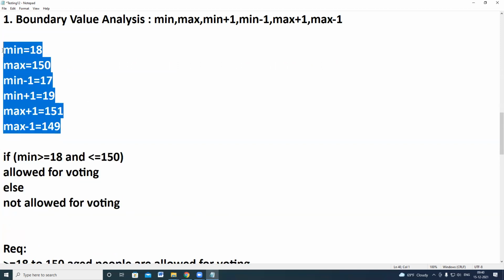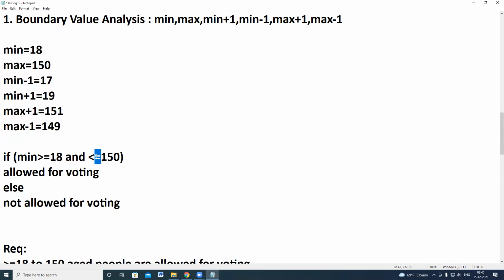Why are we testing all these 6 combinations? If the developer misses the equal to, testing at this breakpoint will ensure it is caught. Minimum has to pass, it has to be allowed. Even this one also has to be allowed. This one has to fail, so the system should not allow. 19 should be allowed, right?